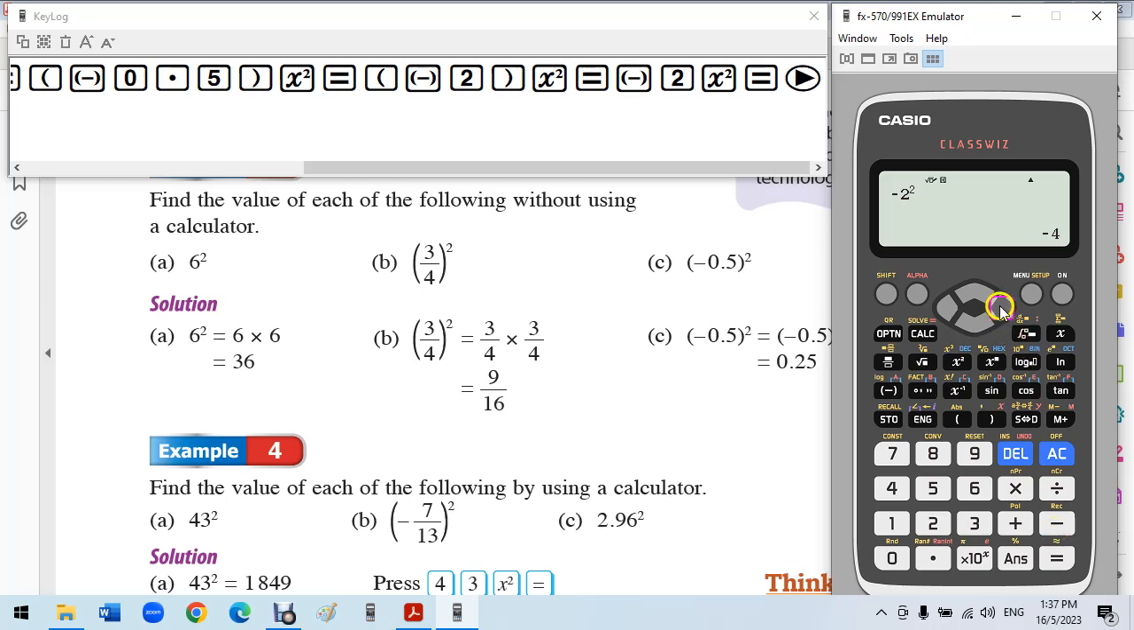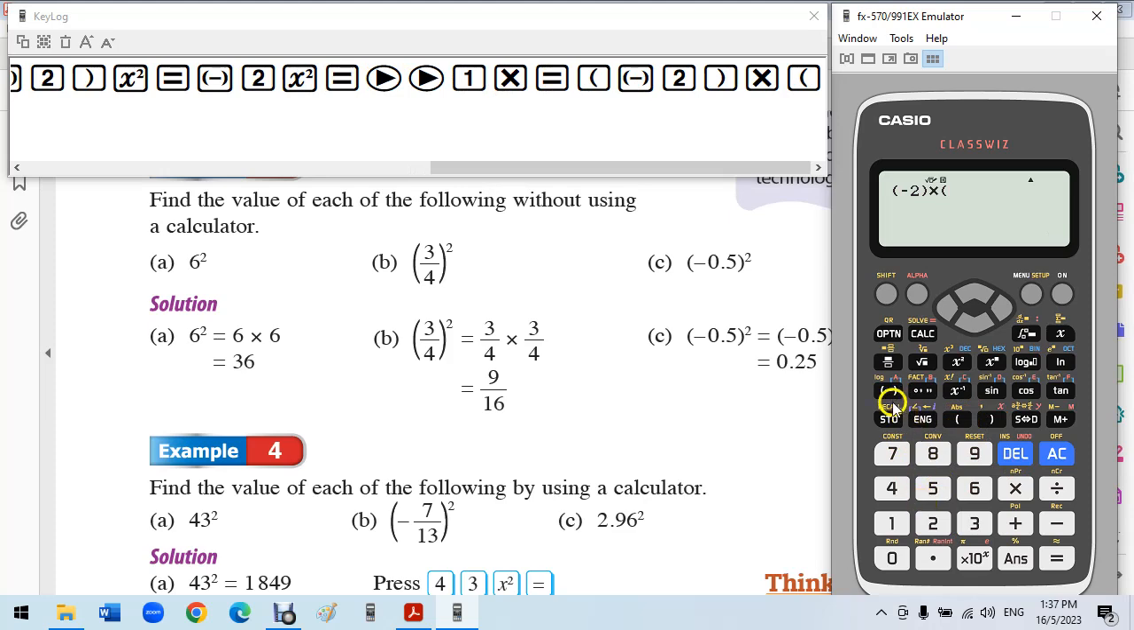Okay, so what the calculator does is negative 1 times 2 square. But if we have the bracket negative 2 square, it is actually negative 2 times negative 2. Okay, so make sure that you do put the bracket for the square. So 43 square, and then we have this one, negative